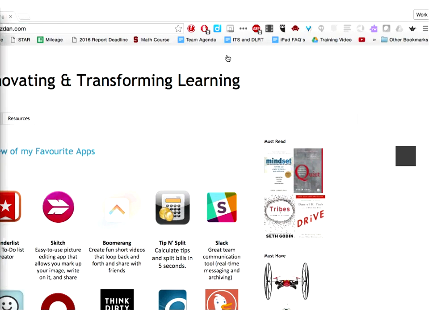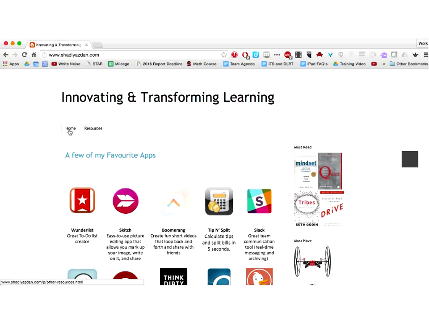Yes. So for creating a digital portfolio, I think a blog is a great place to do that. Create a blog, just like I have, using any blog platform that you like, and each of these tabs could be based on an area, maybe a lesson that you taught or something that you've created, and you can do that with it.